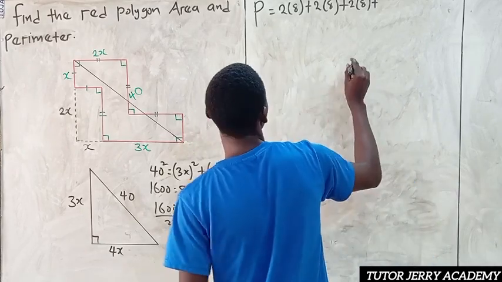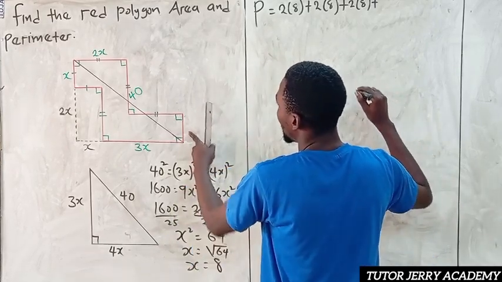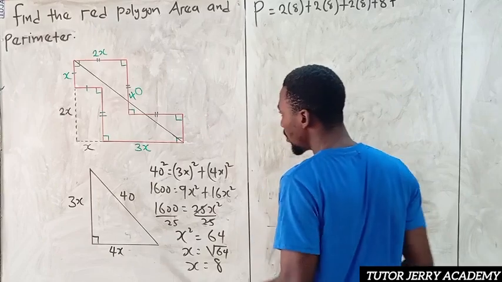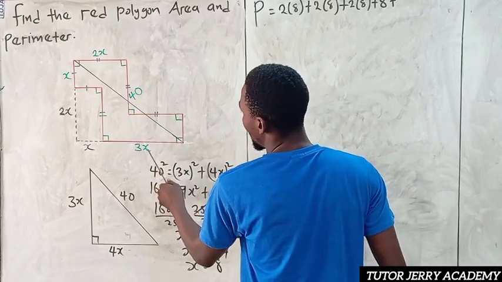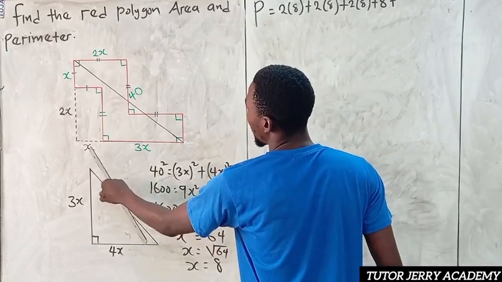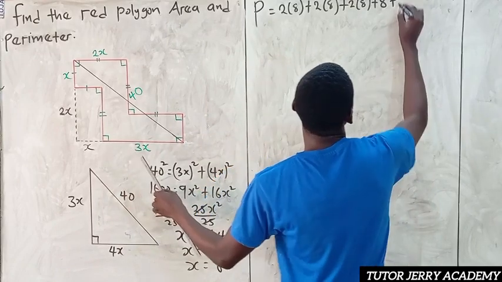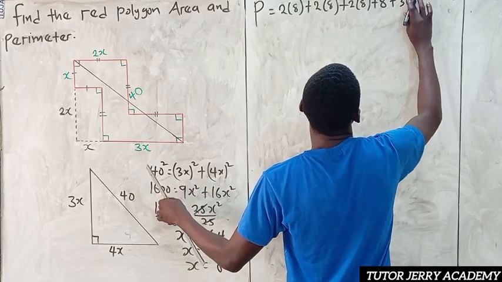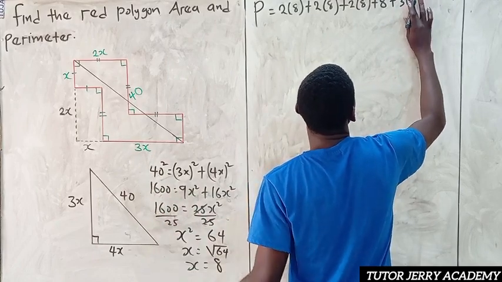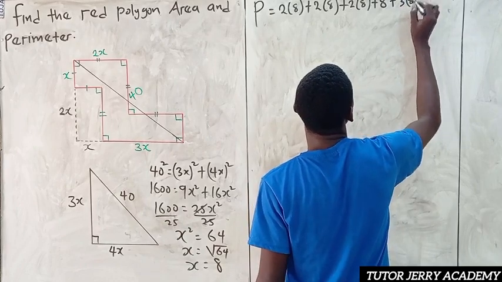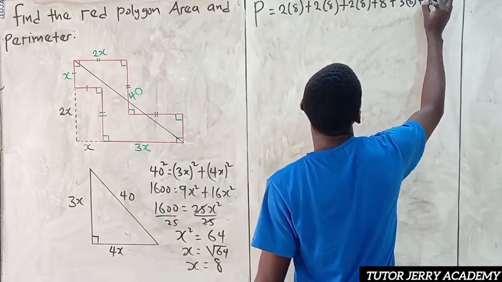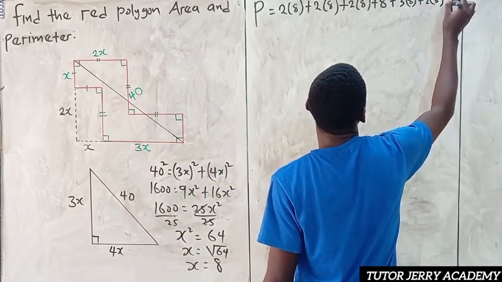So this place is going to be, and our s is nothing but 8. So it's going to be 8 plus 3s. That is 3 into s, that is 8. Sorry, 3s. It's 3 into 8 plus, then from here to here is also 2s. So it's going to be 2 into 8 plus